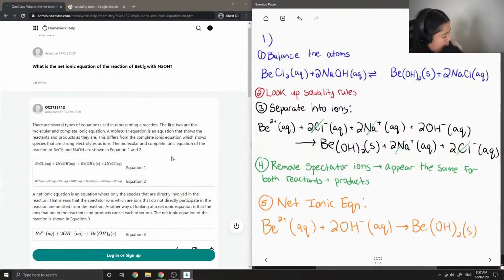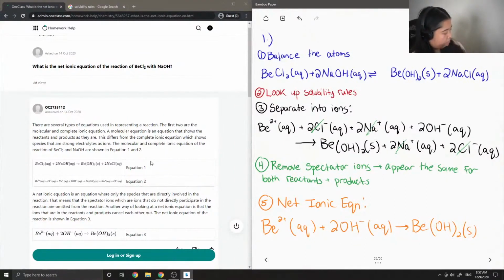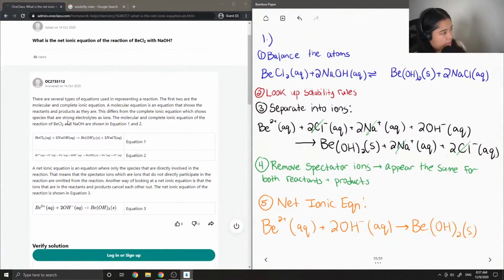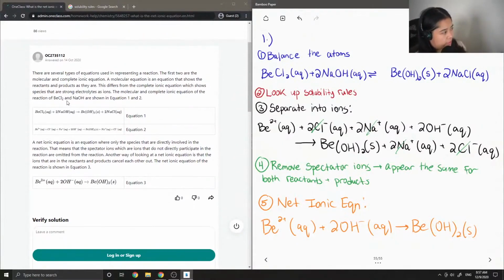Okay, so let's see what the junior tutor said. There are several types of equations used in representing a reaction. The first 2 are the molecular and complete ionic equation. A molecular equation is an equation that shows the reactants and products as they are. This differs from the complete ionic equation, which shows species that are strong electrolytes as ions. The molecular and complete ionic equation of the reaction of beryllium chloride and sodium hydroxide are shown in equations 1